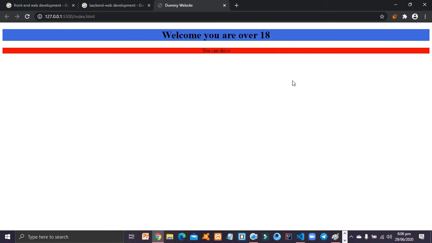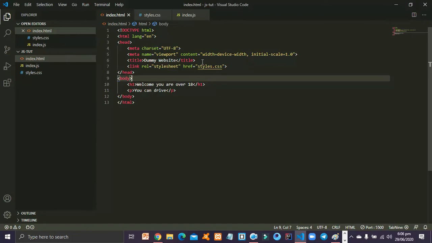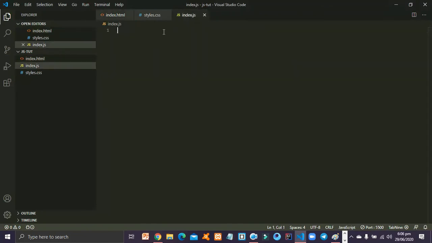Let us make the brain of the website that will check if your age is over 18 or not. We will do that work using JavaScript. So let us come to our editor again and go to the index.js file and code that. First of all, I will make a variable. If you are a beginner, don't worry. I am launching a course on JavaScript, HTML and CSS, and after watching that course you will be able to make beautiful websites.